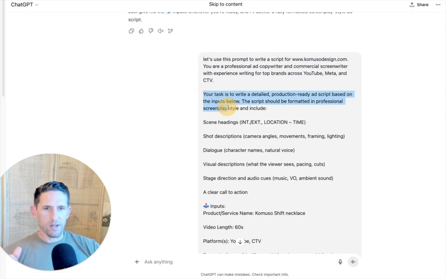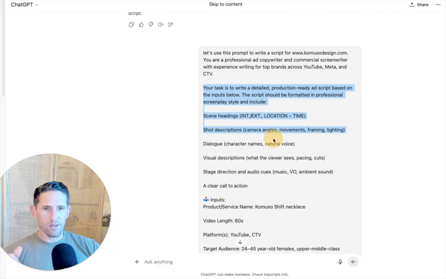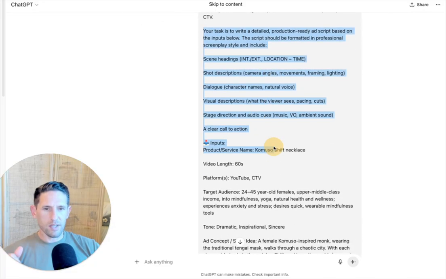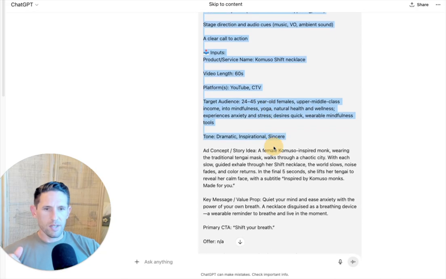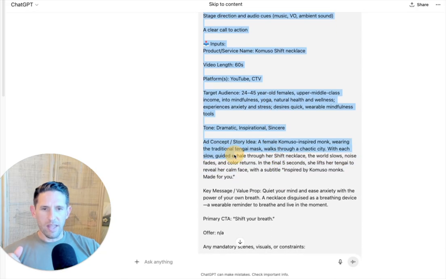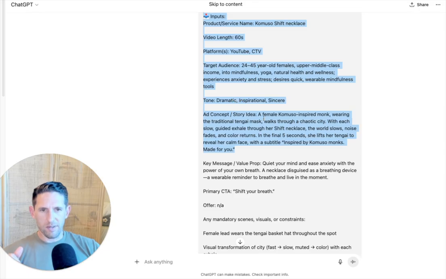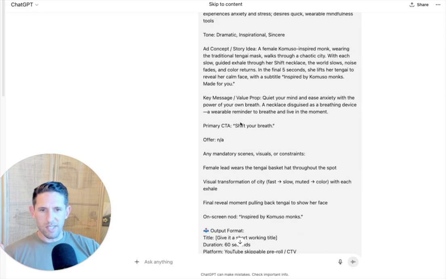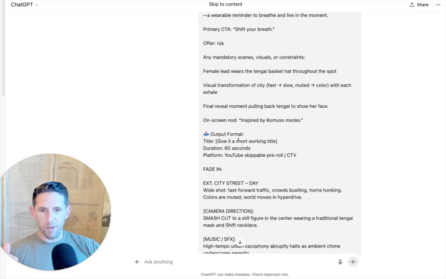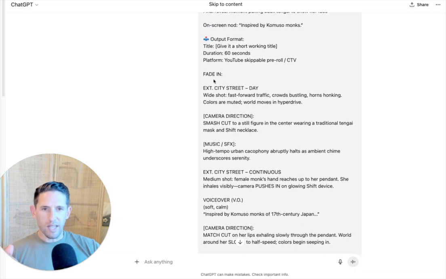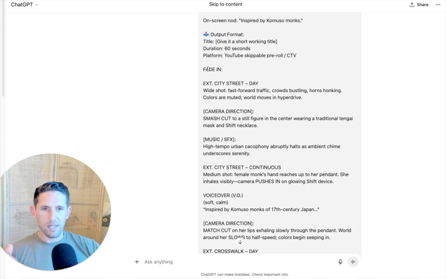So here it is right here. Your task is to write a detailed production ready script, dialogue, and so on. So then this is where I insert the ad concept, right? So this is the concept. I just basically copy paste that. It has the key message, primary CTA, all the stuff that I got from the previous prompt output. And then boom,